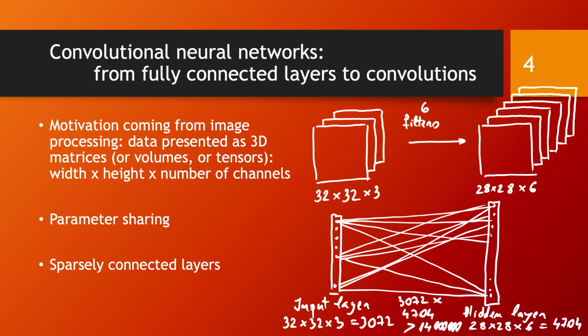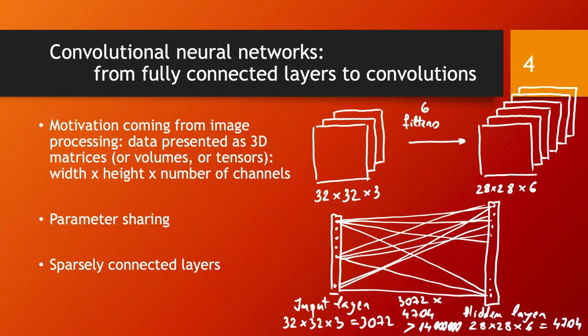So what this means is that if you go about it in this way, just for the first hidden layer, you will have to have a little bit more than 14 million parameters that you need to estimate based on the data. And that's going to amplify even more as you have more filters applying to your data and you implement them through additional hidden layers.